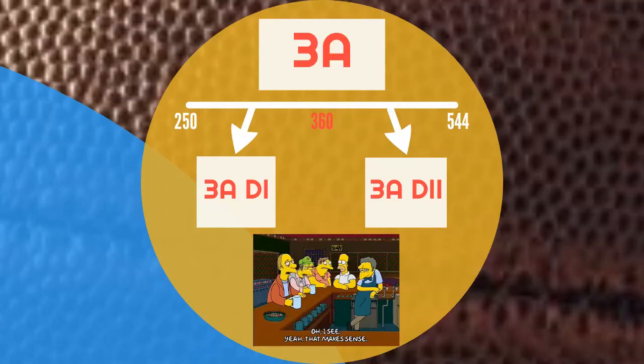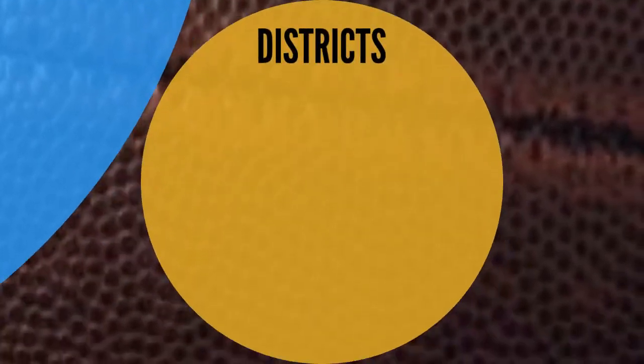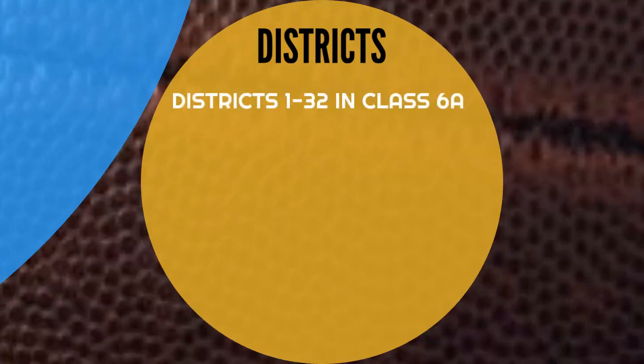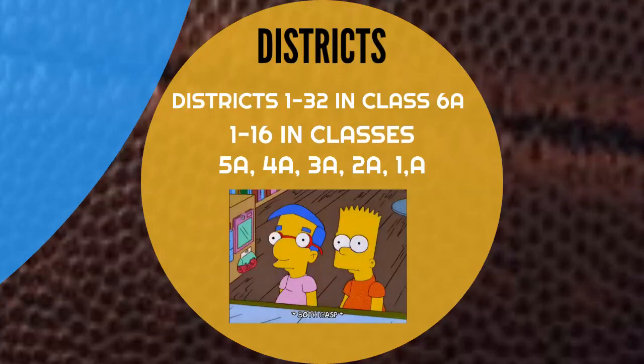Okay, so we've now divided the schools into classifications and divisions. Here comes the fun part. It's time to divide these teams up into districts based on where you are in the state. Think of it like this. The goal is to play teams of comparable size that are closest to you. There are 32 districts in each classification. Districts 1 through 32 in Class 6A, and districts 1 through 16 in each division of Class 5A, 4A, 3A,